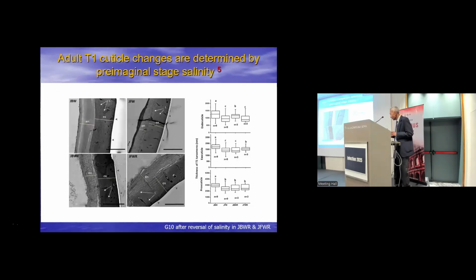And we also showed that when we change the salinity, when we reverse the salinity, you have the expected changes: the brackish water cuticle becomes thinner and the freshwater cuticle becomes thicker. There's quite a lot of selection going on. I won't go into the details of it. You can look up here. And that with intended generations. So clearly the cuticle thickness is associated with the development of larvae in brackish water. And this is for the adults, cuticle thickness in adults as well.